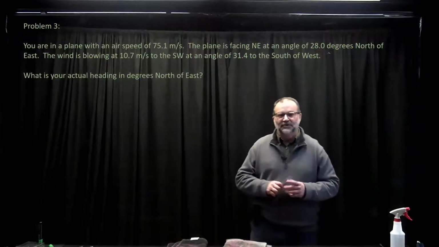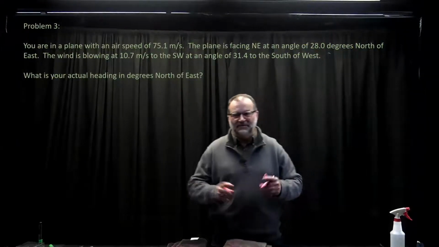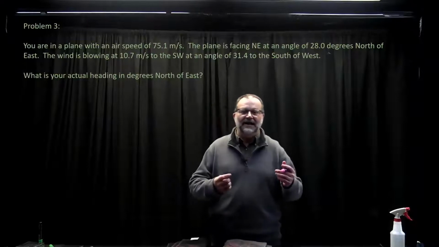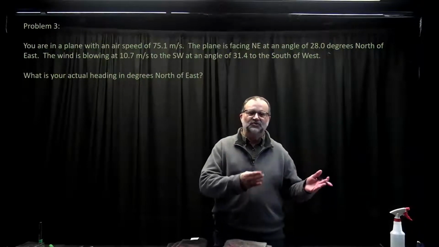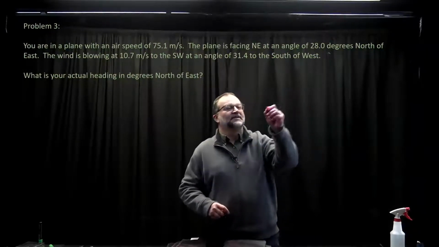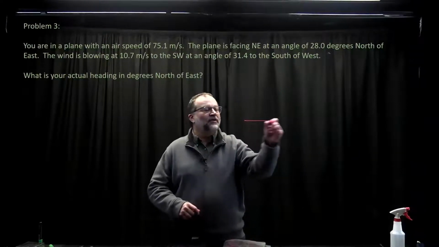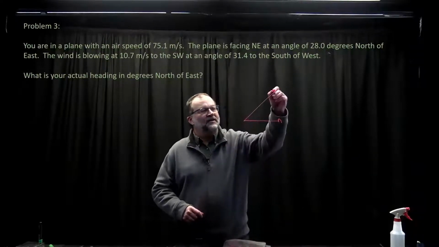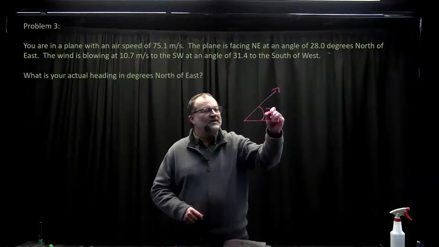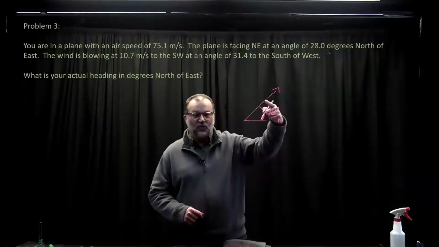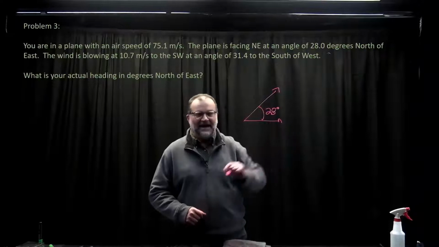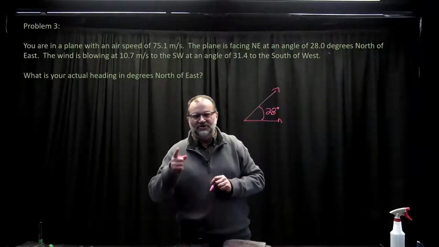In this problem, you're in a plane and you've got your airspeed, 75.1, and you're at an angle facing northeast, 28 degrees north of east. So you're here, 28 degrees to the north of east. East again is the I hat direction. And so